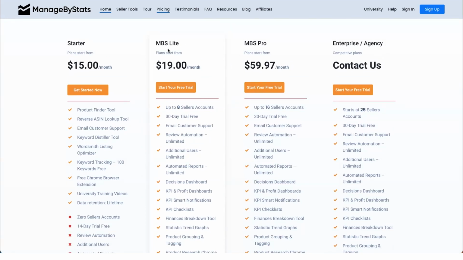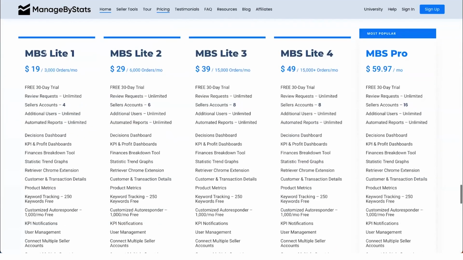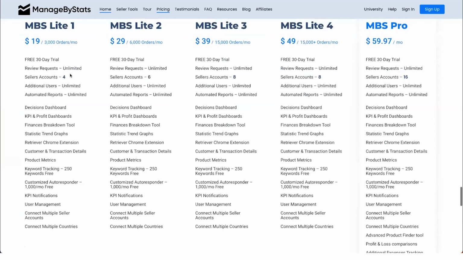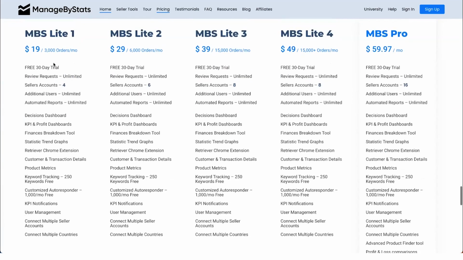So our Lite plan is going to be based off of your volume of orders. The $19 is our lowest, and we have 3 or 4 tiers between the Lite and Pro. So I'll just scroll down here where you can see those tiers. So for Lite, $19 a month, 3,000 orders a month. So that's going to cover a newer seller for quite a while. They're going to be able to use the main features, the main management tools that we have for their accounts, and be able to then build that up as they go bigger and bigger on their sales.